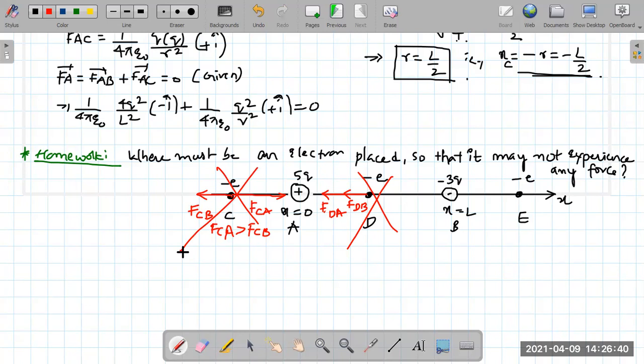Are you getting the point? So coming to here, if at all it is placed at E, then the negative charge will repel it, the positive charge will attract it. But the positive charge is far, though its magnitude is large, it is far, right? So there are very good chances for them to be equal. Got the point? So this is the correct point. At E, you have to try for it.